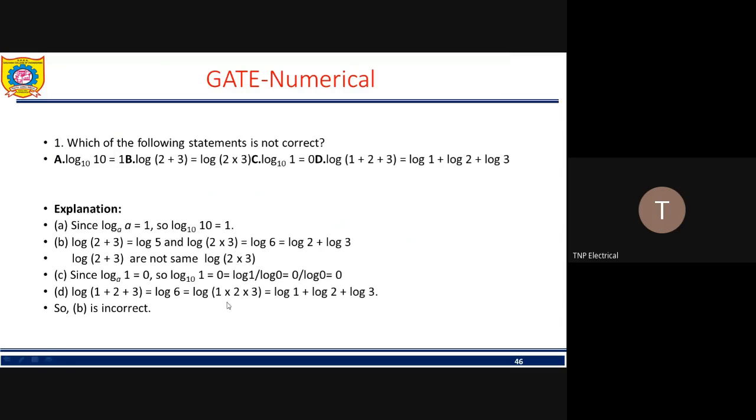Yeah, so here is the explanation, friend. Now let's discuss one by one, because this clears our basic concept, and it gives you a clear idea how we are implementing our concept in the system. So first one: log a to the base a. We know log a to the base a is always 1, so log 10 to the base 10 equals 1, which means this is correct. Okay. Second one,